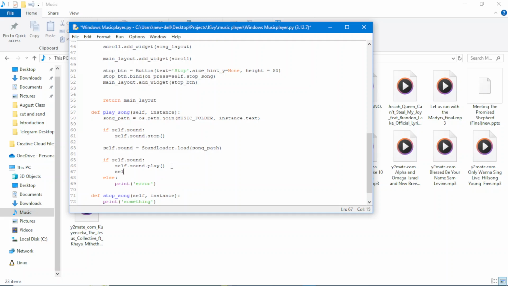So let's say self.label. Our label, which already says select a song, we want to show the song that is now playing. So, now playing,